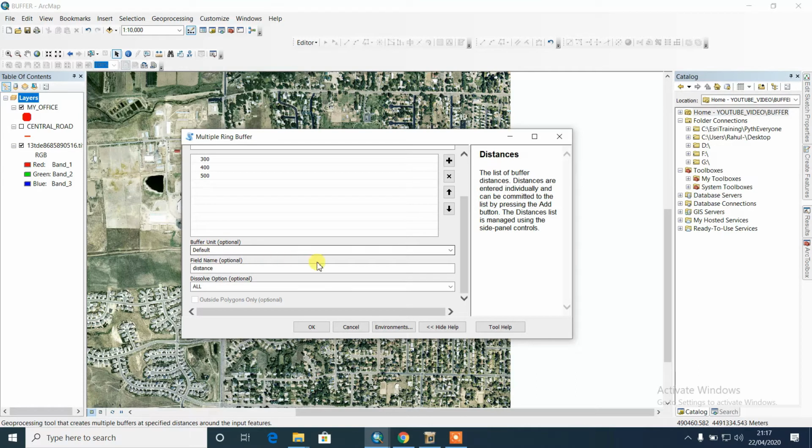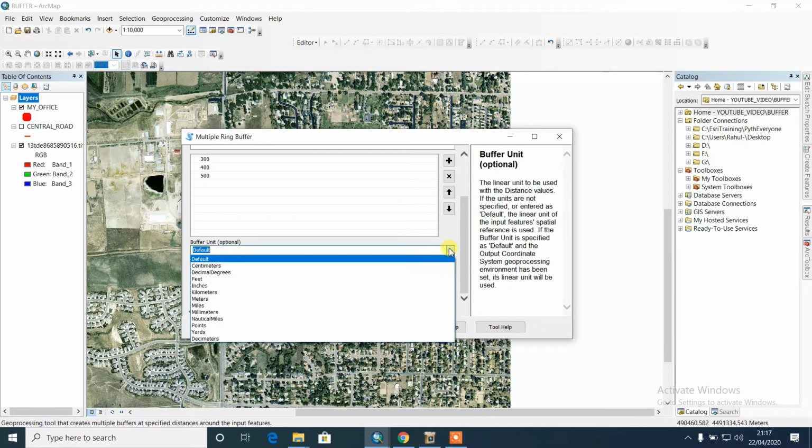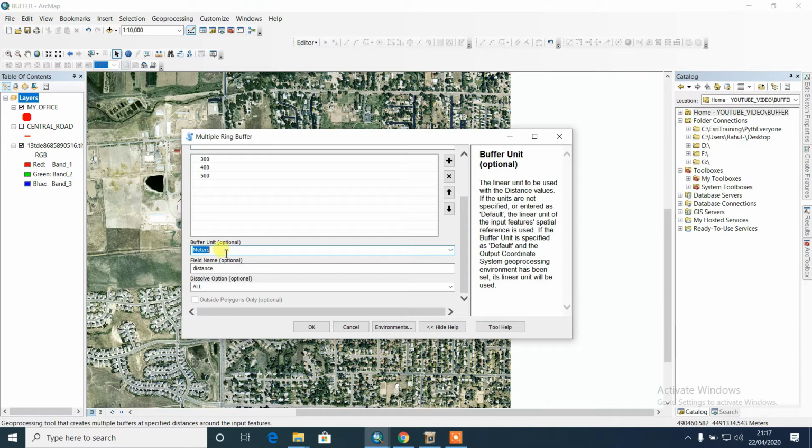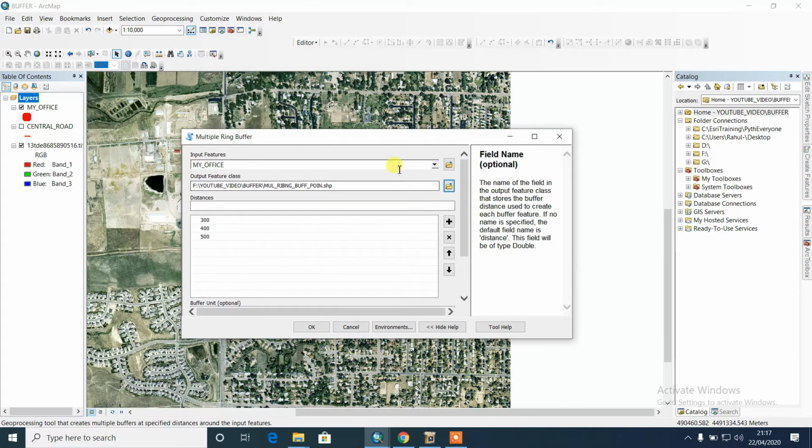Then come to the buffer unit. Here it is default, but you need to change it to your requirement. The length measurement unit for my data is meter, so I change it to meter. And here is the field name. What is the meaning of this field name? I will discuss it; it's a surprise for you. So viewers, this is my input.